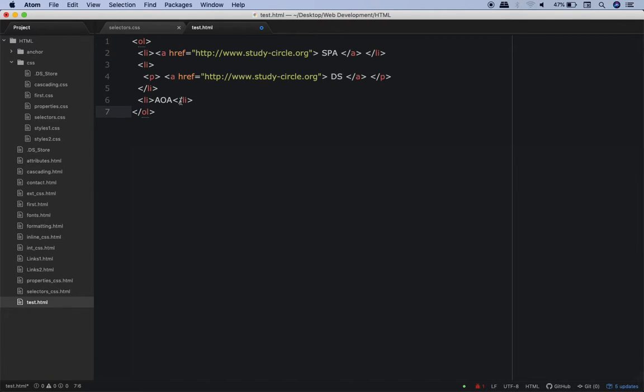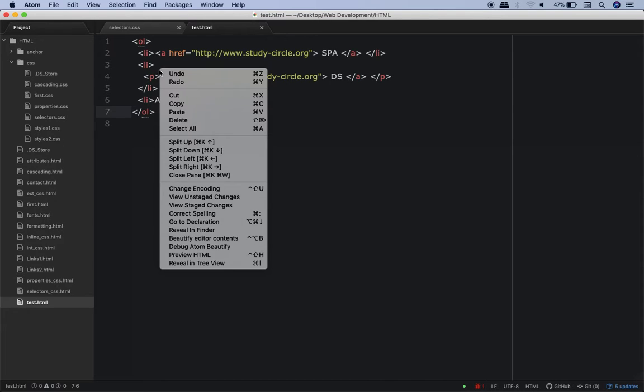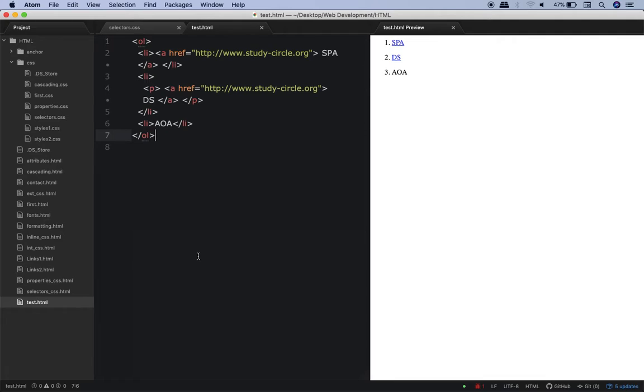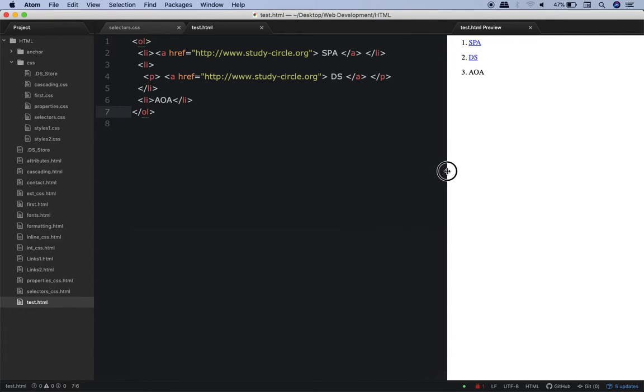Okay. Now OL over here stands for ordered list. I repeat, it stands for ordered list. And now let me run this program and see how it will look. So it looks like this, an ordered list. Now over here, ignore the styling and all, this SPA, DS and all, ignore the styling, just pay attention to the content over here. So what happens over here is, you have this OL.